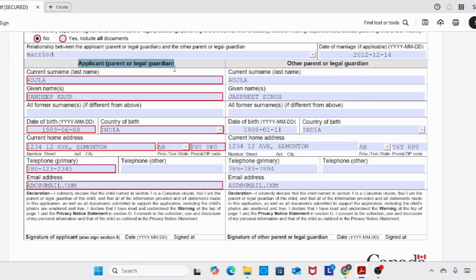Applicant parent or legal guardian and other parent. Here I fill information related to mother and here I fill information related to father. Current surname, here I fill mother surname. Given name, all former surname if different from above. I have no any other surname, so I leave this section. Here I fill mother date of birth, country India, current home address, number, street, city, province, postal code, primary phone number and email ID. Here I need mother signature, date, signed at